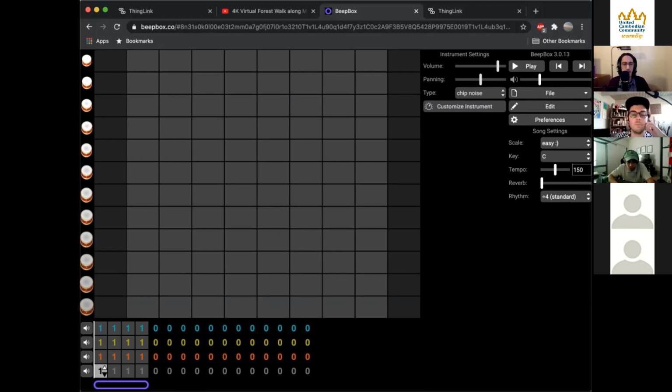And before we move ahead, I want to bring your attention over here to the instrument settings on the sort of right hand of the screen. So we have a volume. That just controls the volume of that one instrument. So this is just like the volume of the drums. There's panning, which you can think of as on this side, it's only going to come through the left speaker. And if it's on this side, it's only going to come through the right speaker. Instrument type is just the sort of the sound that you're choosing.